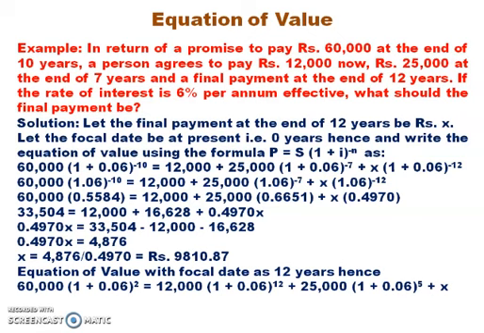So now on this equation you can see on the left hand side, because the focal date is 12 year hence, so 60,000 which is to be paid 10 year hence, its sum or compound amount is found taking n is equal to 2. On the right hand side, the 12,000 which is to be paid now, its sum or compound amount is found using n is equal to 12. Rupees 25,000 which is to be paid 7 year hence, its sum or compound amount is found taking n is equal to 5, and x which is to be paid 12 year hence is used as it is.